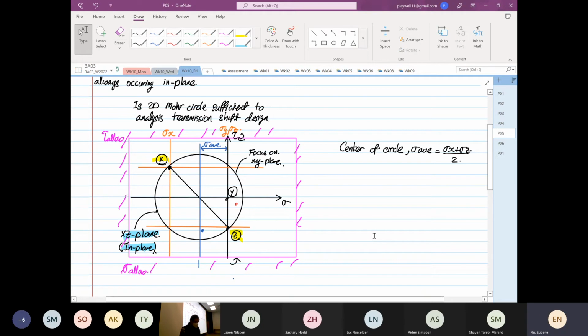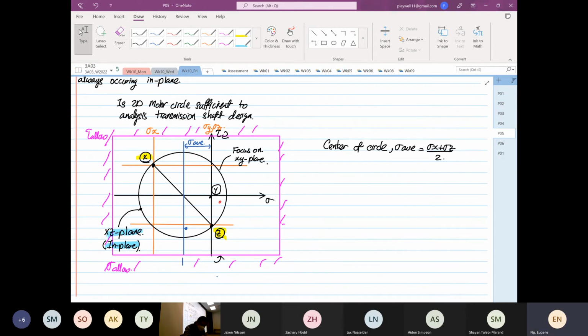Okay, so we know how to calculate our stress average. Now, we know that stress Z, okay, we understand that stress Z over here is equal to 0. So this is equal to stress X divided by 2, right? And this is also equal to stress M over 2. And this is my equation number 1. So what do we mean by stress M? Okay, where